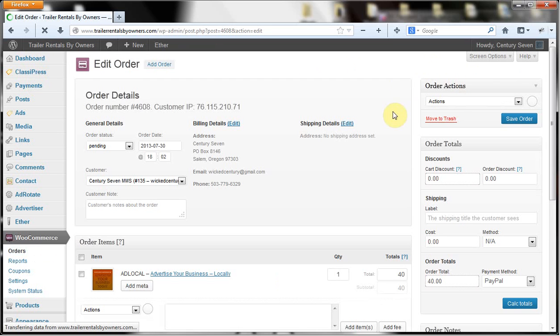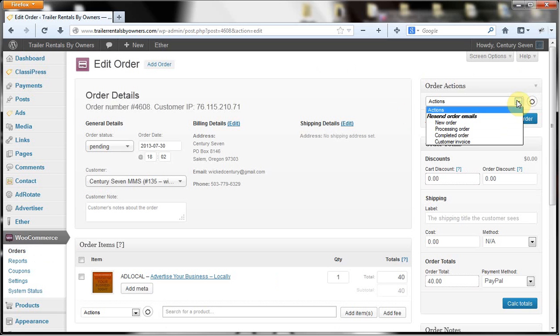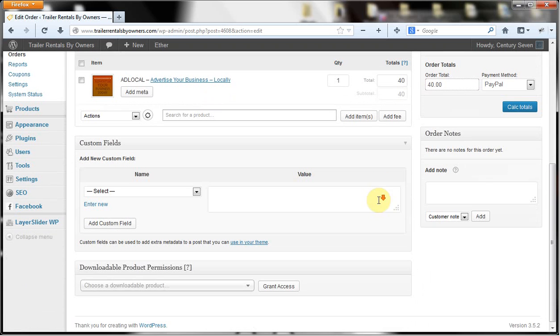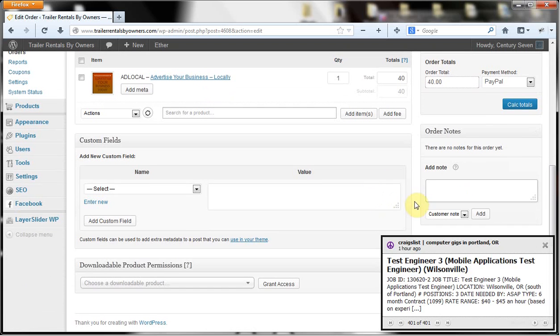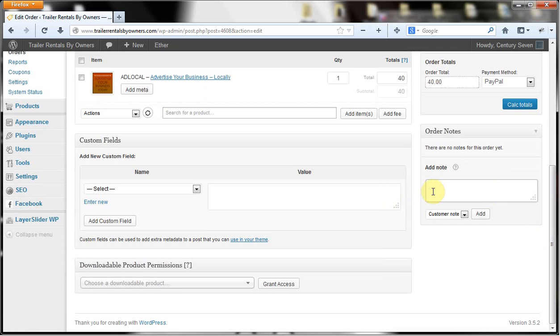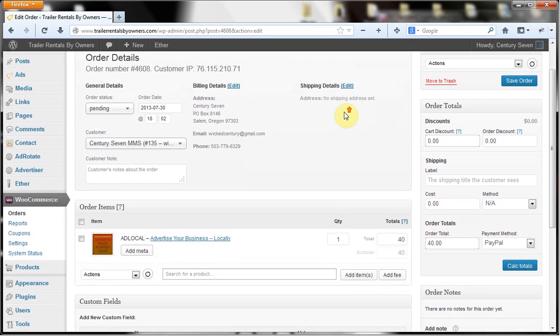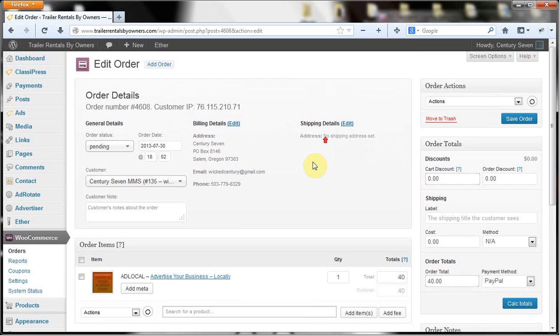And then to go ahead and complete the order, that's what you can resend right here. It says actions, order actions. You can come down here. You can say that the order's been completed. You can go ahead and send a customer invoice. You can resend order emails. The system is kind of direct and to the point. You can add a note here, but all of this, although kind of relevant, isn't extremely relevant in the system,